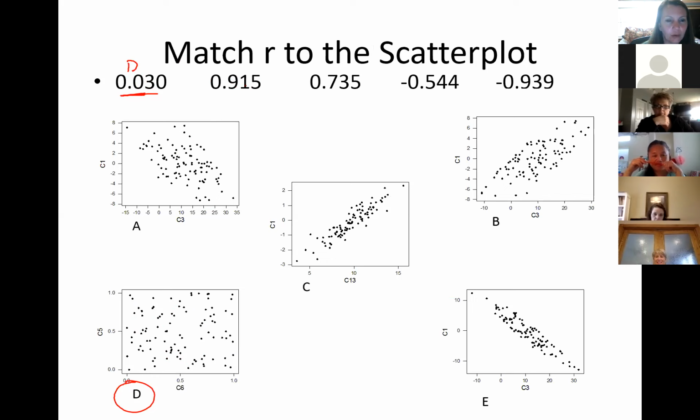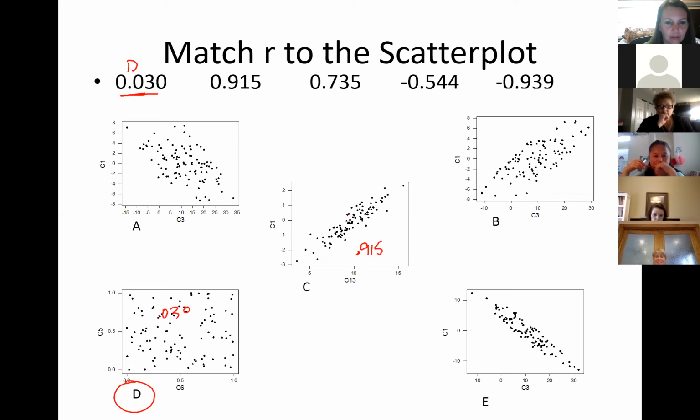Okay, next one, 0.915. Which one is that one going to go to? Okay, awesome. So maybe I should be writing these on here. I'll write this one on here, 0.030. So C is the correct answer for this one,